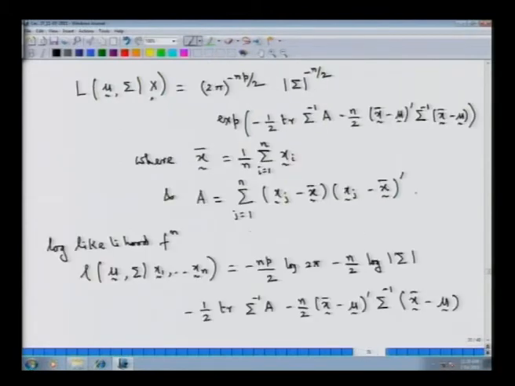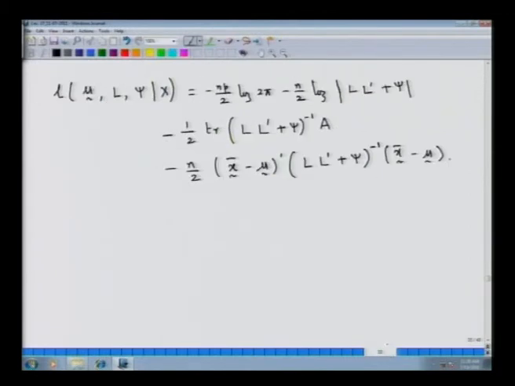What we have done is to look at this log likelihood function, which was a function of μ and Σ. We transformed it using the factor model, just by replacing Σ by the corresponding LL' + ψ quantity. So, we have this expression, which is star, as the log likelihood